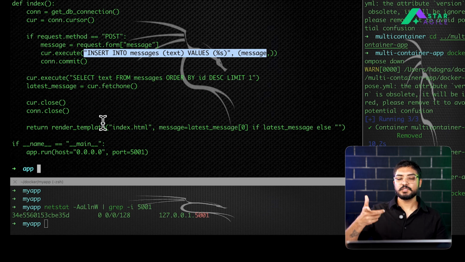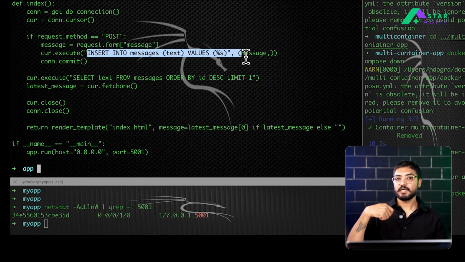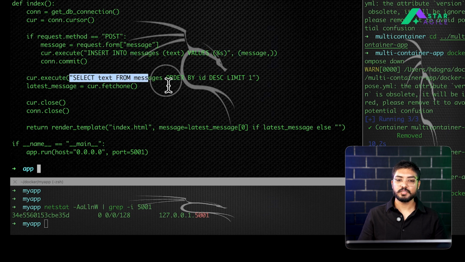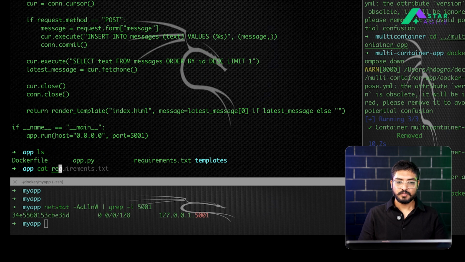This will basically list me the index.html page. That page will allow me to provide any message. Once I submit, the message will go into the database because we are using insert here. And once it is submitted, it will pull back the message from the database by using a select statement from the database itself. Okay, and if I look at the index.html,